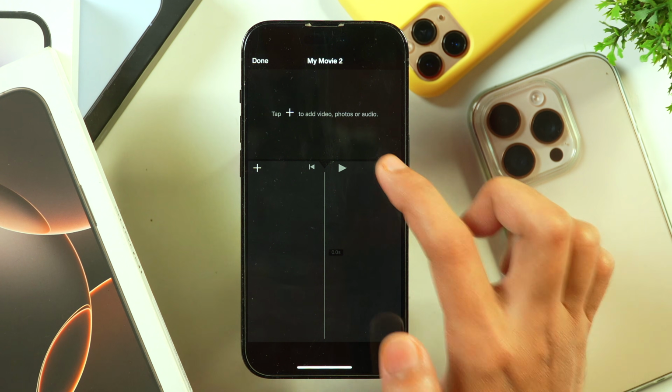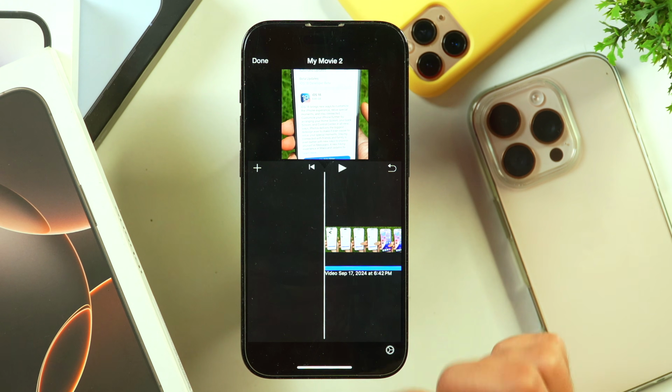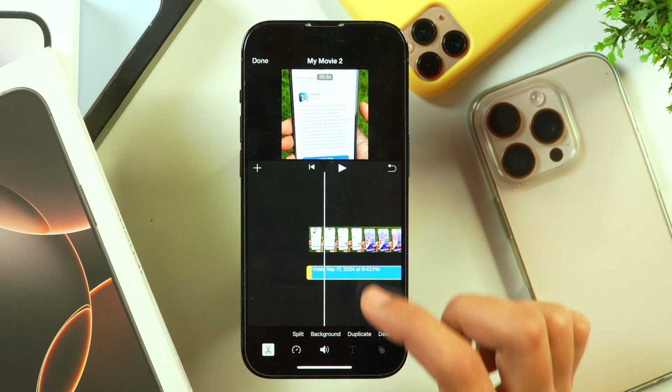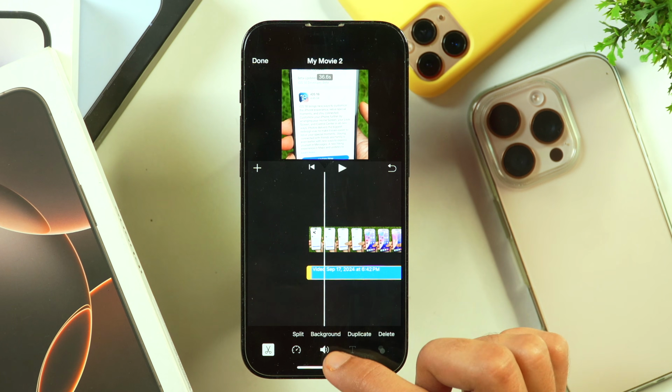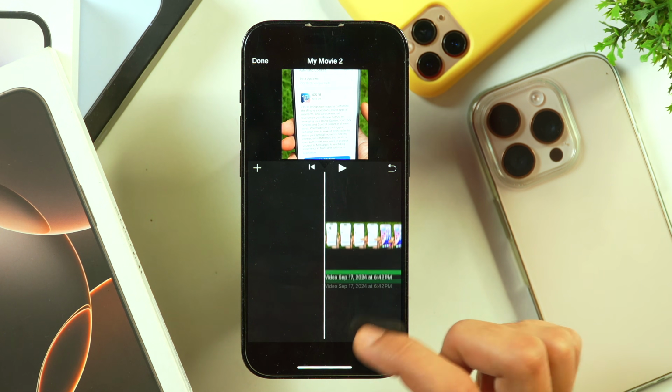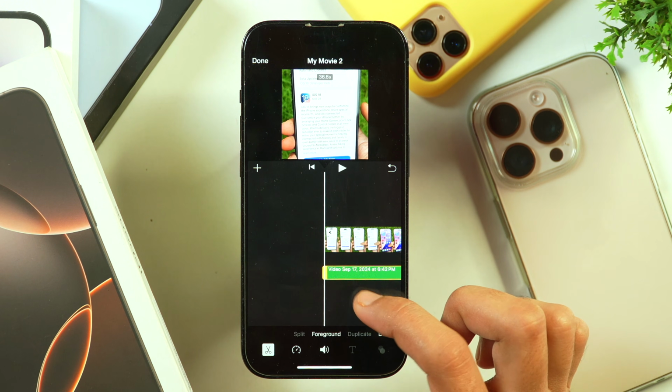So simply go back, and here I'm going to show the right way to do that. So let's select the audio file, and once you select the audio layer, you need to tap on this background option that you see here. So tap on background, and now you will see that the audio layer color will change from blue to green,